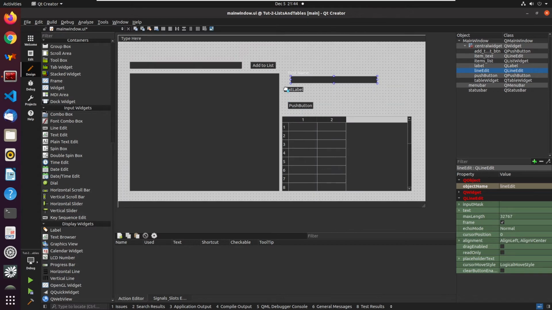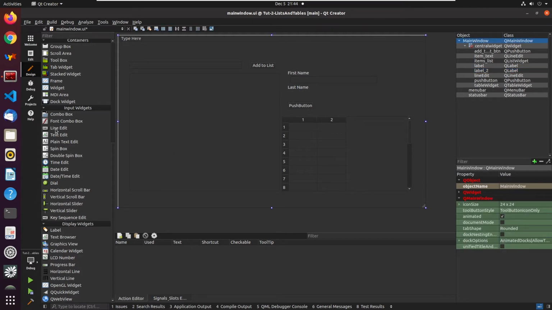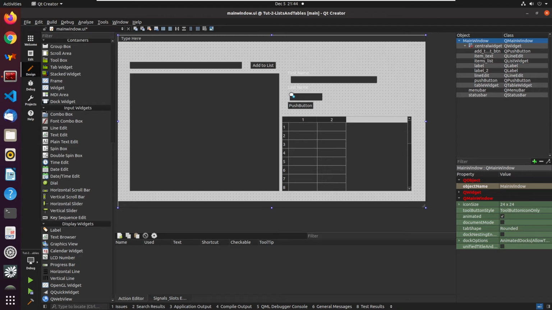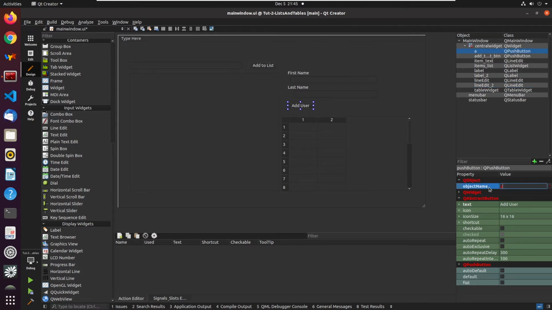We'll put another label. Move it over a little bit. Last name. And another line edit, right about there, I think. And then we'll call this add, I don't know, add user or something. And we'll call this the add user